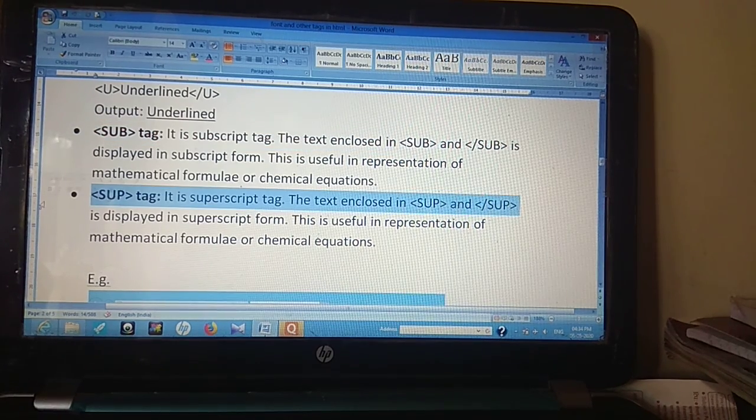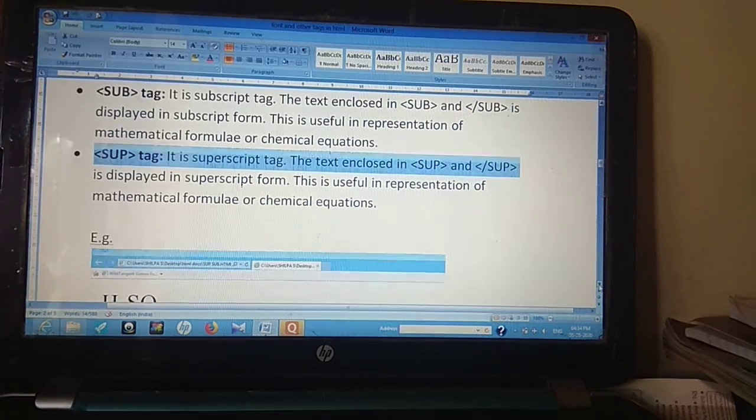Similarly, for mathematical formatting, such as 2 raised to 2 is equal to 4, or the volume of a sphere is 4 by 3 pi r cube, the cube will be defined in the SUP tag. So we can use these to define text below and above the baseline.